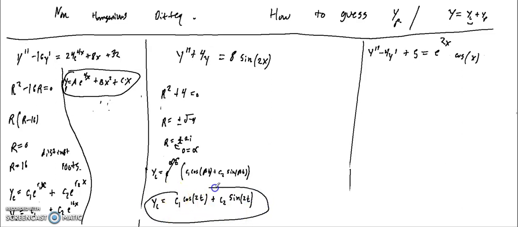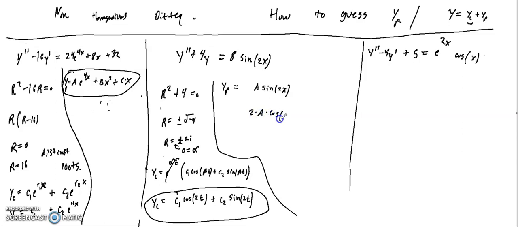So this is our complementary solution. But we also need our particular part. So we make a guess, and let's just say it's a sine of 2x. Now let's just derive this a few times. We'd get 2 times a times cosine of 2x, and then we do it again, we get 2 times a times negative sine of 2x, and it just keeps going on, and it repeats with more and more 2's, but